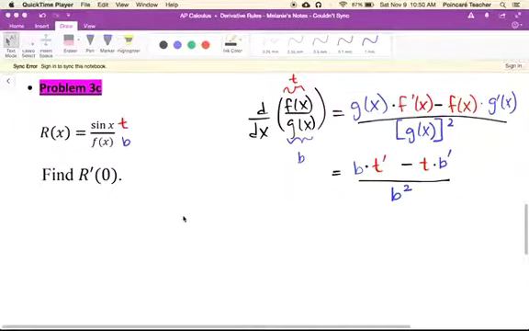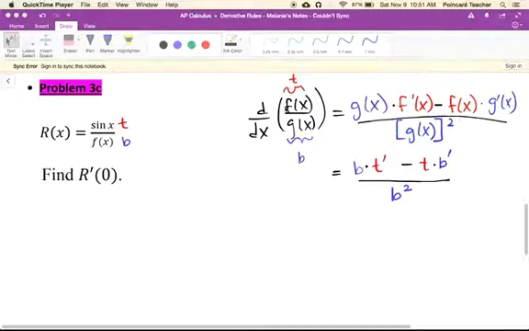The next problem I'm going to address is problem 3C. And the legitimate question that one of your classmates asked is, do the labels actually matter? What she noticed was that in the quotient rule, she saw that